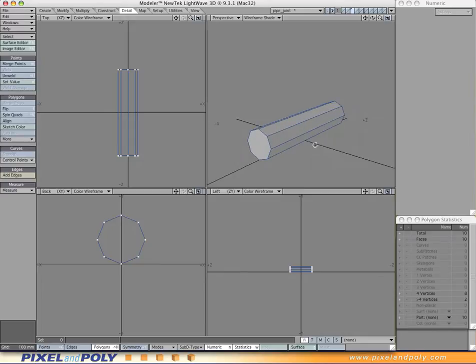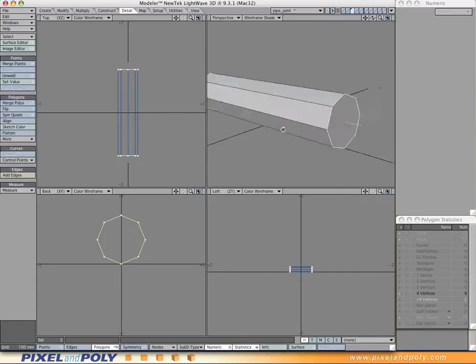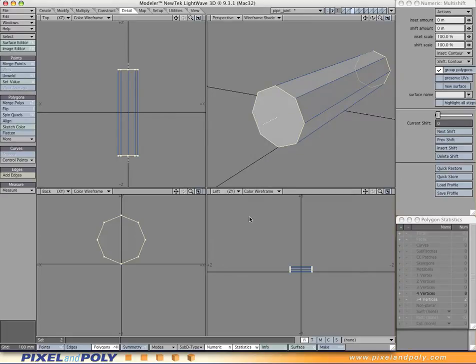And the first thing I'm going to do is just cap off the ends of the disk, so when we subdivide this, the ends don't get too rounded and they don't distort too much. So I'm going to select the two faces. I'm going to go into multi-shift. I'm going to shift this out a small amount first,